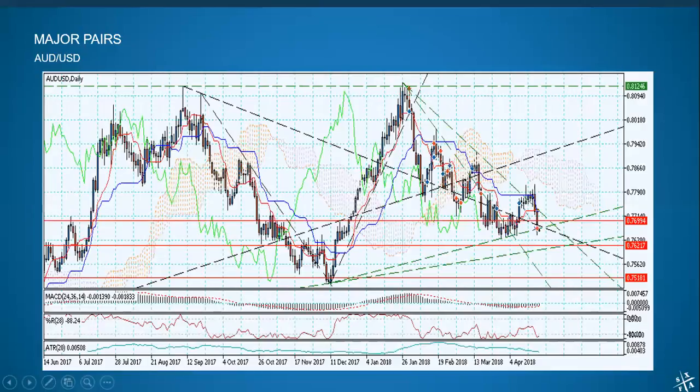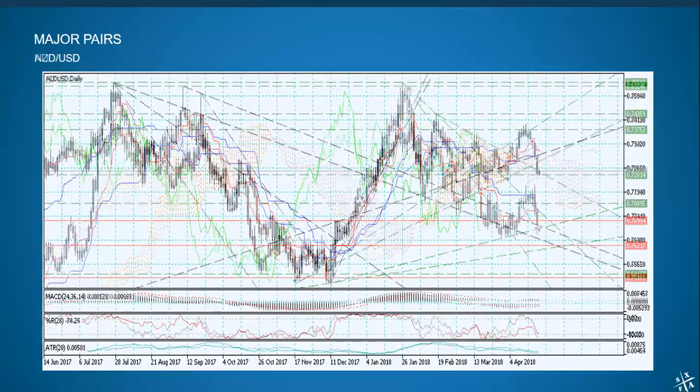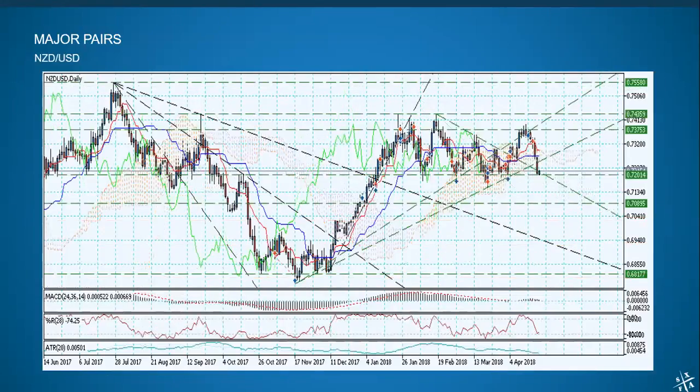Kiwi dollar is a similar situation. It has been trading sideways for the bulk of the year, traveling between 0.7450, close enough, and 0.72. So it's got about a 250 pip band that it has been traveling, indicated by these two levels of support and resistance, where you can see that the bottom level is the one most visited, and it is where price action